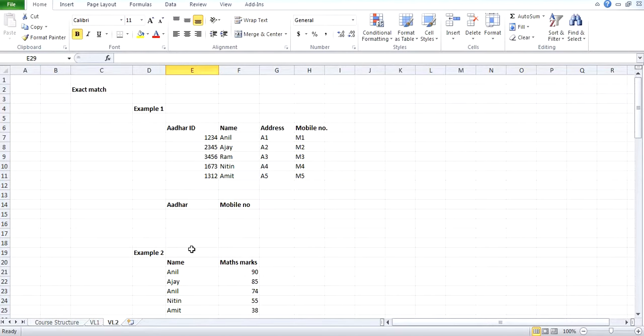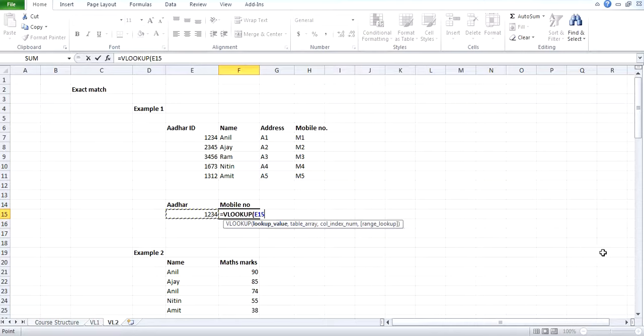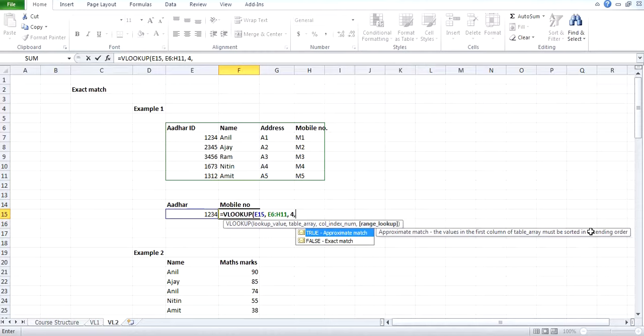Okay, so firstly, what is the difference between the exact and approximate match? In the first video as well, I gave you an introduction of approximate and exact match, but I'll specify that again. When we do a VLOOKUP search, we look for the formula. We specify the first parameter, which is the looked up value. We take the table array. We specify the column we want to fetch. Let's say it's the fourth column, and then the fourth parameter is where we specify whether it's a true, approximate or exact match. So when you select the exact match, it will exactly look for this value in this table, and if it doesn't find it, it will throw an